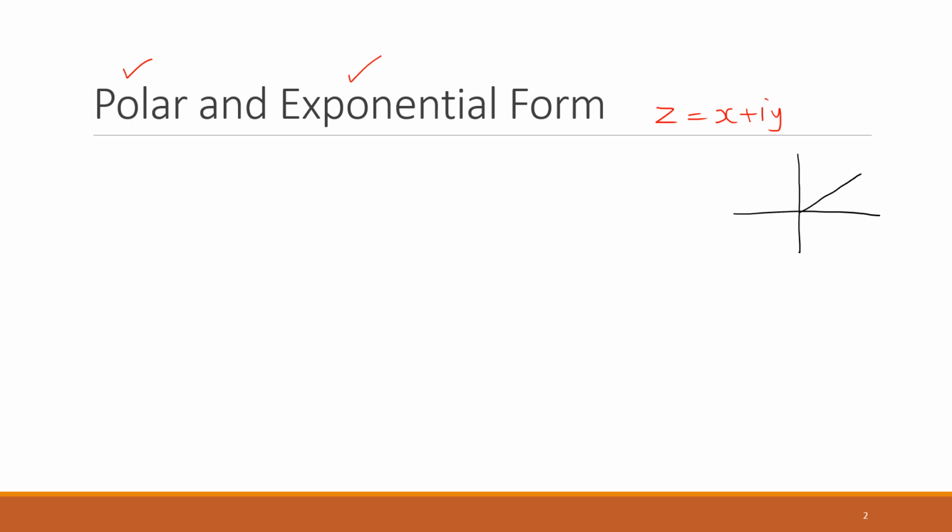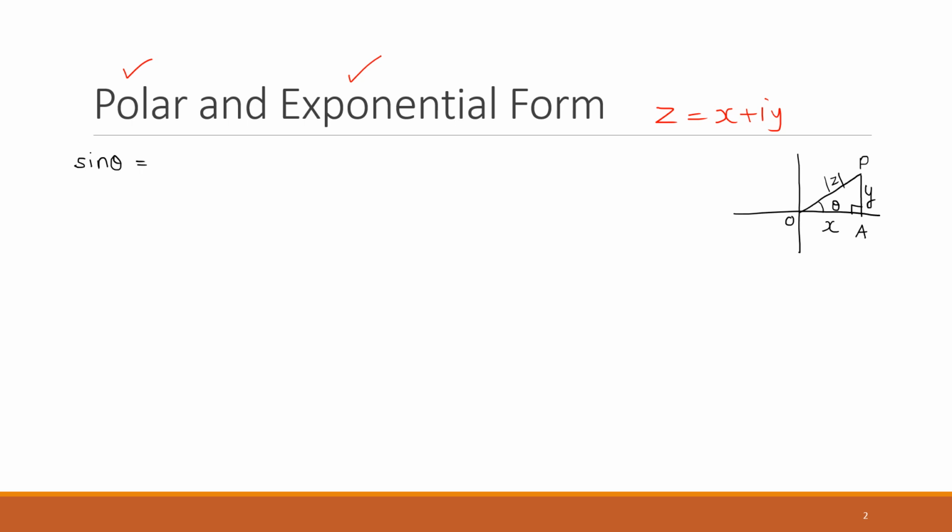If this is my z, then this will be theta. Let us say this is P, O, A. So what can I say about OA? I can say OA is x, AP is y, and OP is mod z. Correct? We know that OP is mod z. Understood? Now see, if I talk about triangle OAP,